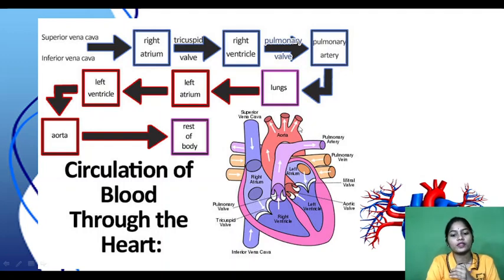Can you see the aorta? And from the aorta it will go to different parts of the body. Clear? Let me revise. Okay, the superior vena cava and inferior vena cava will collect all the impure blood from